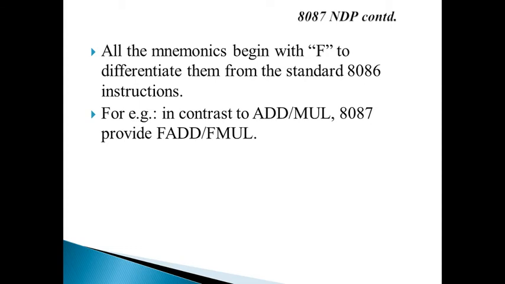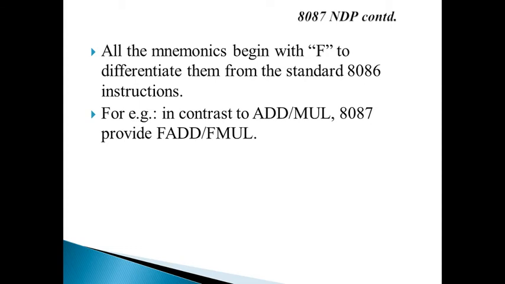And in a few cases, it may need to read the operand from the memory. In that case, it will again steal the system bus and go for the memory read cycle, read the operand, perform the operation, and again if results are to be written, steal the bus cycles and perform the operation. In this way 8086 works with the 8087, and it is always under the control of 8086.